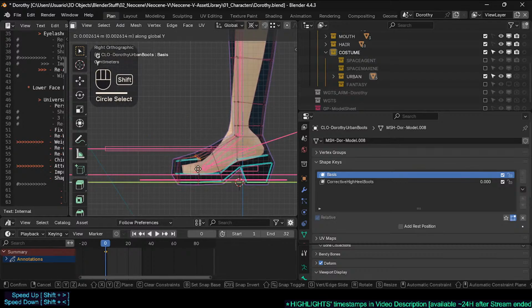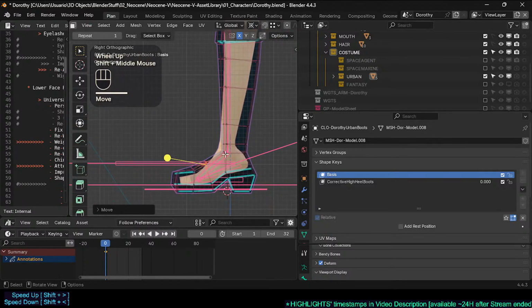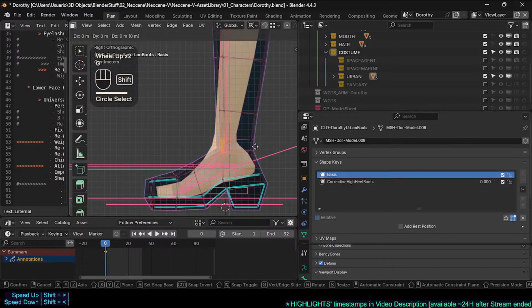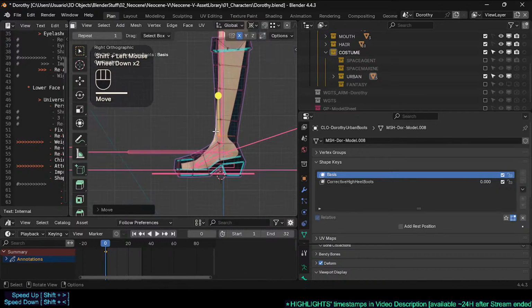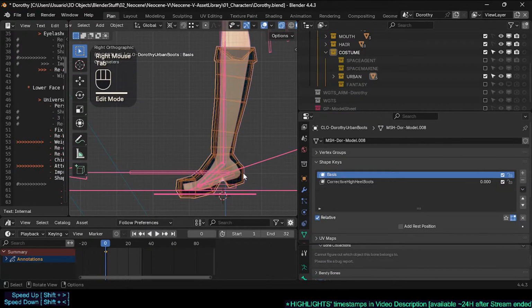These are gonna change the shape keys as well, right? Let's activate here and